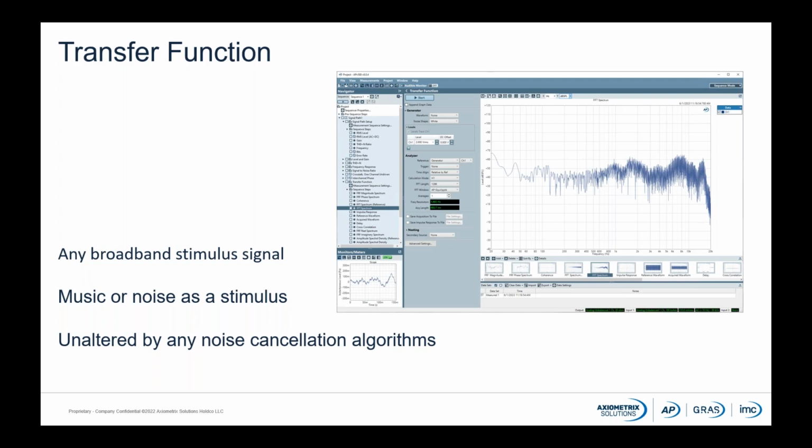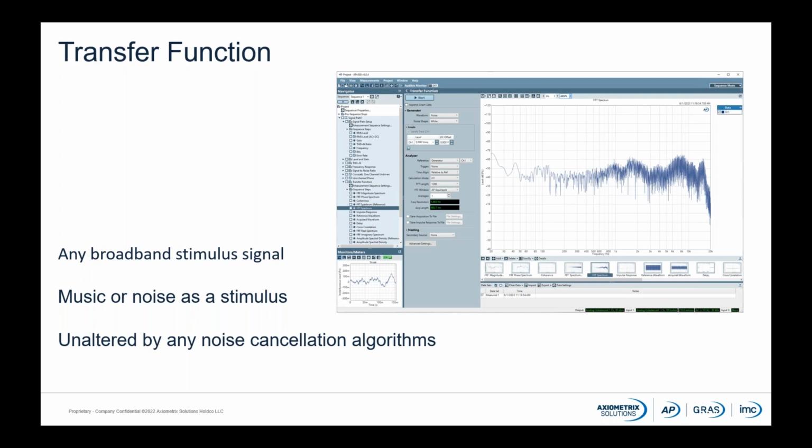Transfer function is an excellent choice for testing the input path of a smart speaker because a speech or speech-like signal can be used as the stimulus, virtually ensuring that the signal will be acquired and processed unaltered by any noise-canceling algorithms or codecs.